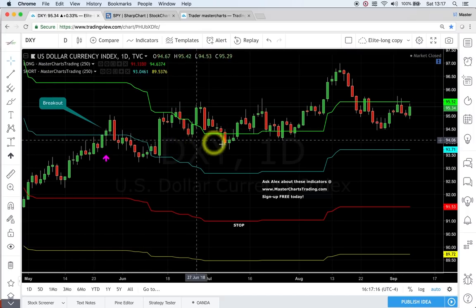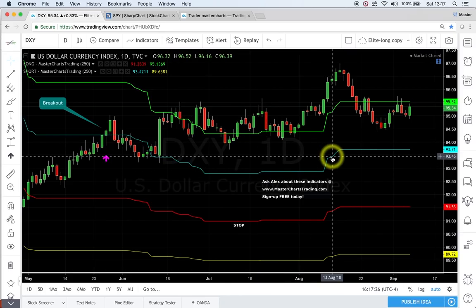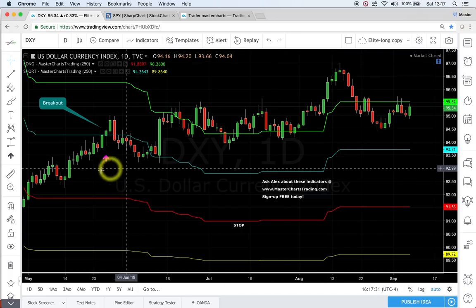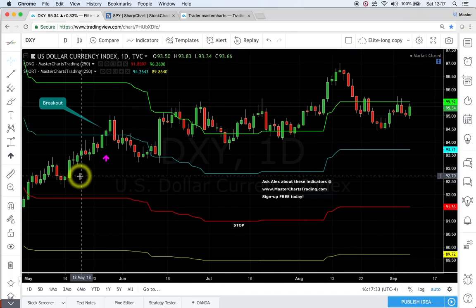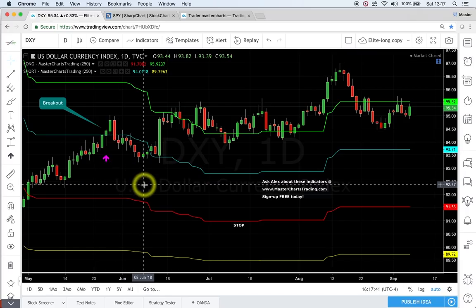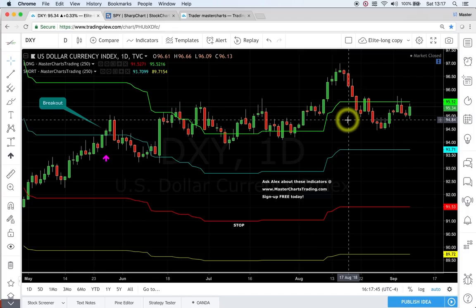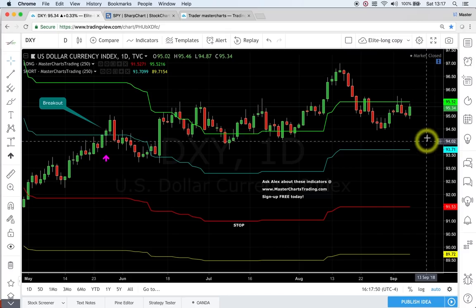DXY, the dollar currency index, is composed of several currencies. Quite a bit of it is euro, and in general I think the currencies more or less move together versus the counterpart. So in this case, pretty much all of the currencies that I'm monitoring are in a downtrend versus the dollar right this instant. So basically what I'm looking for again is a pullback,